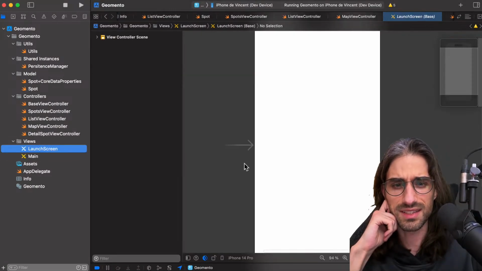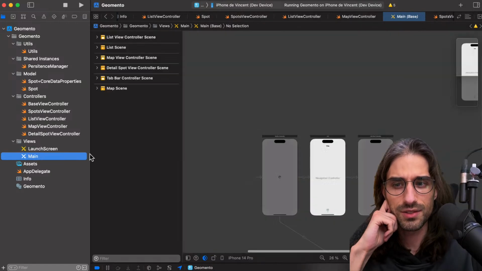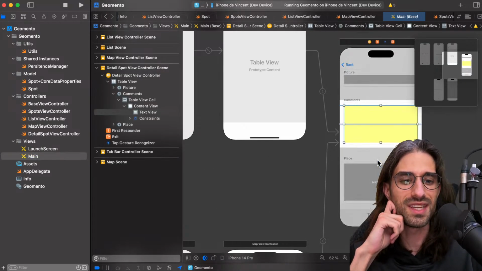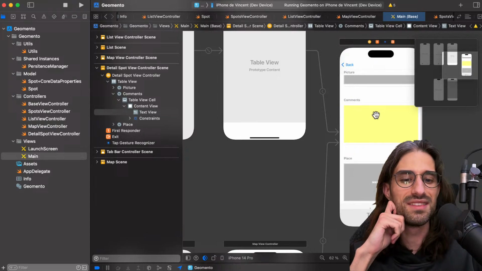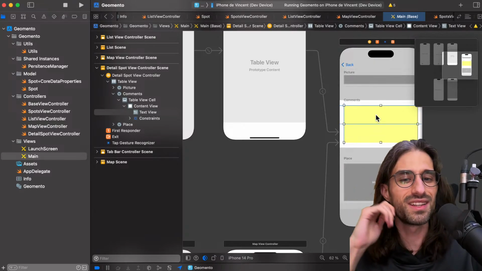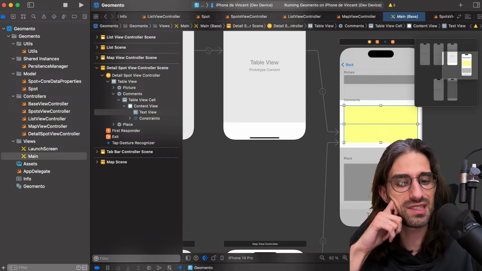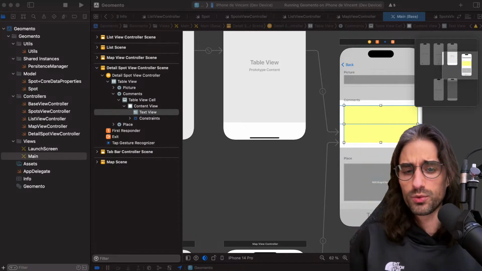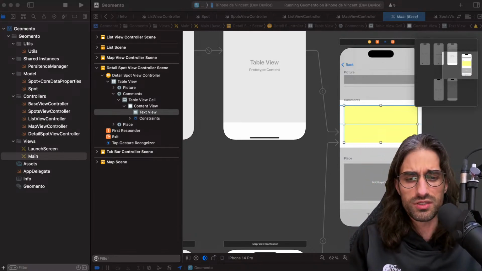So let's see. Not the launch screen. Yes, I had used a static table view. You see, I can scroll inside the table view. This way, it limited the amount of code I had to write, because honestly I think I wrote this in 2 or 3 evenings, but I didn't want to spend too much time on it. It was just for fun to discover Swift.